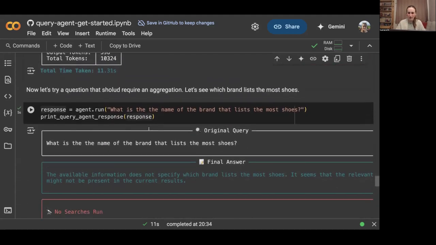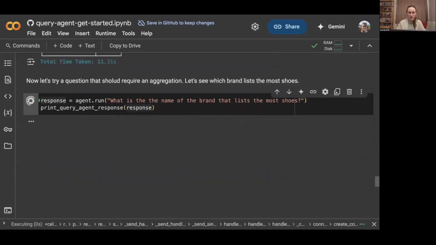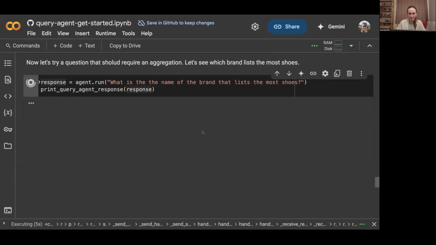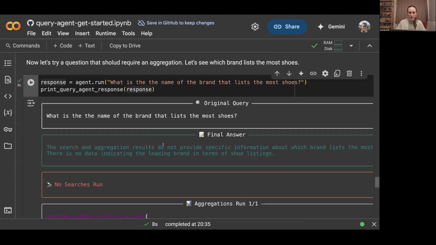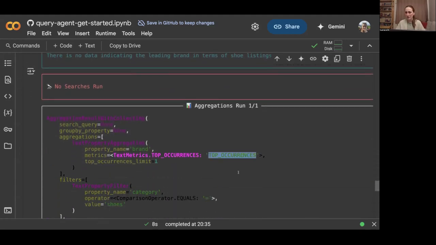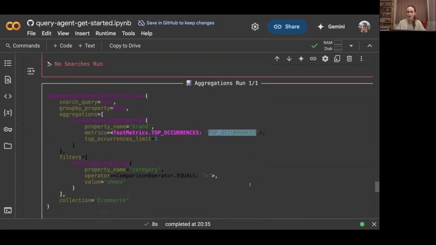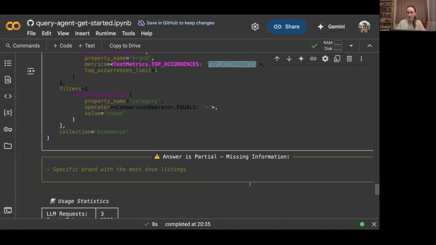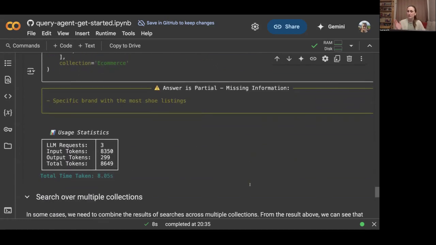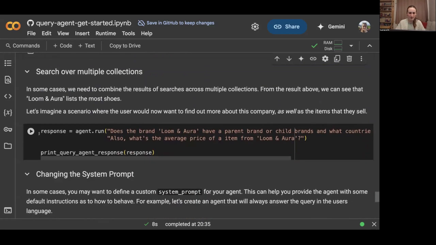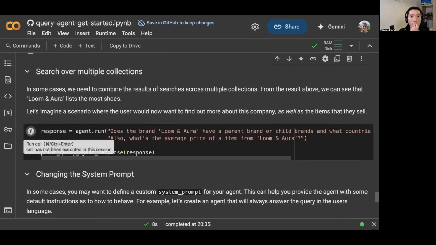And you know what? Let's just go ahead and try this one again too and see what that does. And then after this, we will run the query that is hopefully meant to, okay. So maybe this is something we can take back to the team, because we simply do this top occurrences filter, whereas I would have expected the count filter in this case. But okay, it's just deciding to run the wrong filter in this case. Now let's try the